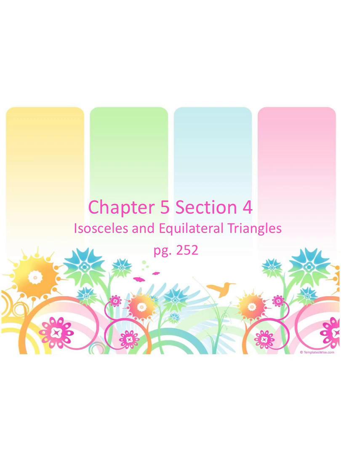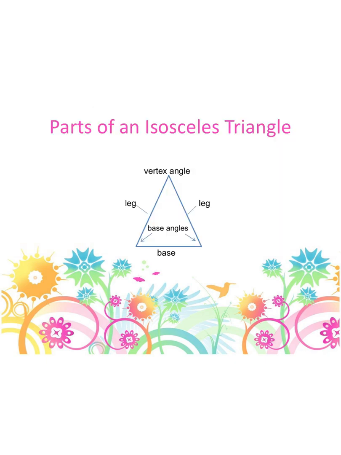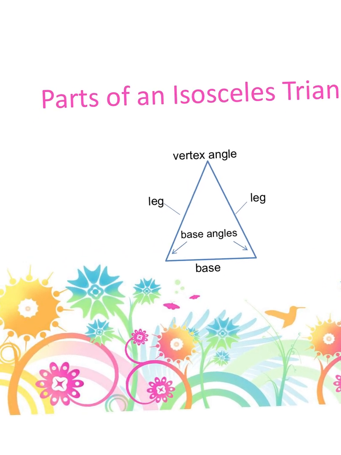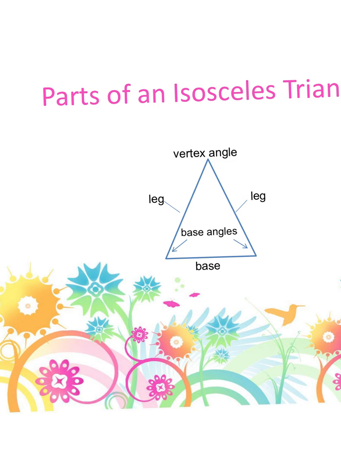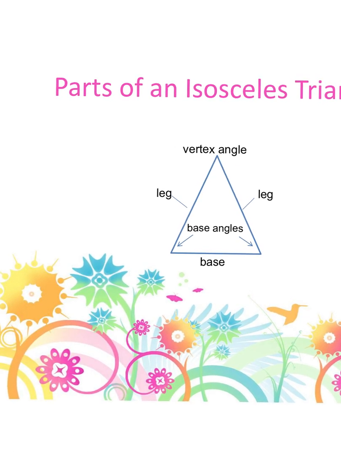So today we're going to cover Chapter 5, Section 4, and we're going to talk about isosceles and equilateral triangles today. So the first thing we need to do is identify the different parts of the isosceles triangle. Now, when you have an isosceles triangle, remember that you have at least two sides the same, and the two sides that are the same are called the legs of the isosceles triangle. The side that is not, the two sides that aren't congruent, so that other side is called the base side,